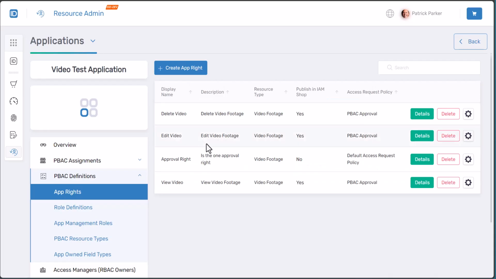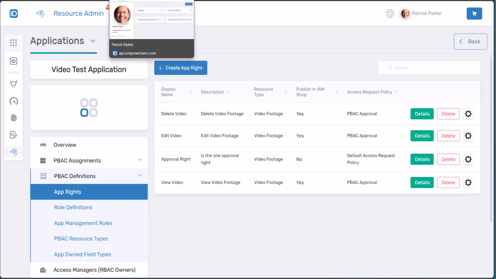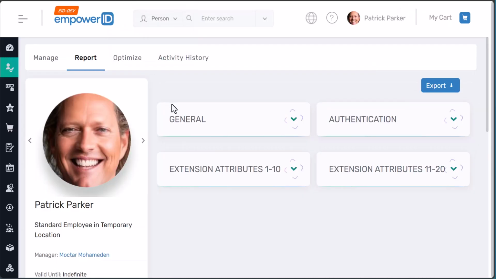So the next question is, how does the assignee, how does the person get values for this field type of which movie ratings they're allowed to see? In the data model, that is stored on the assignee. It's called AZ assignee field type values, which means that any assignee in EmpowerID can, for a field type, have values. And those are basically maybe your list of your bank accounts, some data that you want to store about a person,